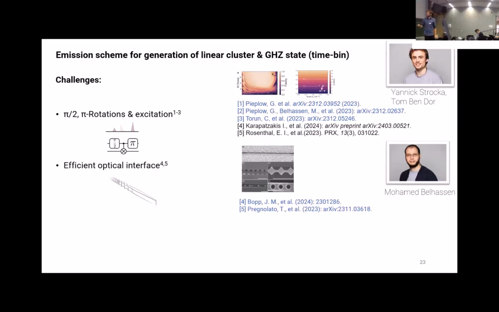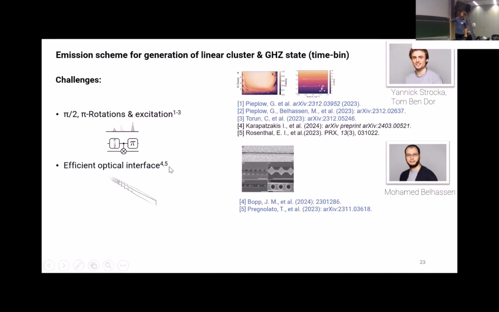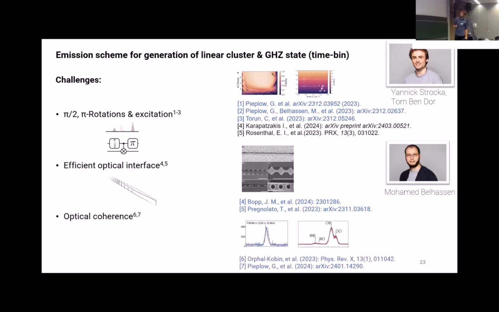So to make this highly performing, you need to have a very efficient design. If you're limited by losses, then you have to work really hard. One of the avenues that was picked in our group is to really make these adiabatic tapers and couplings to fibers work very efficiently. And there's the optical coherence, meaning in part the indistinguishability of the photons, if you use this as an